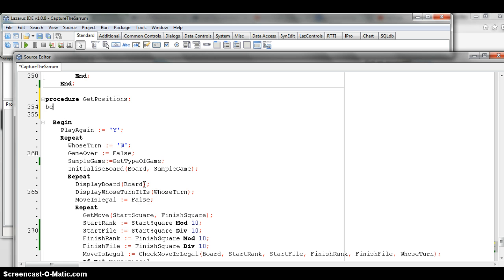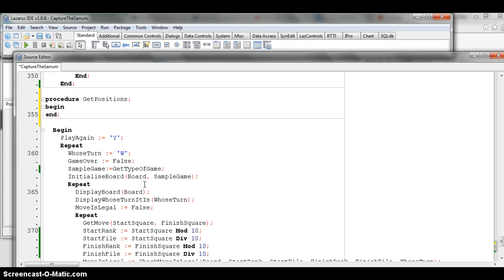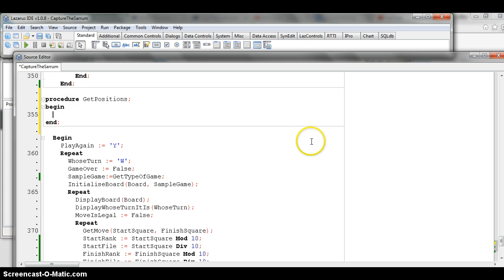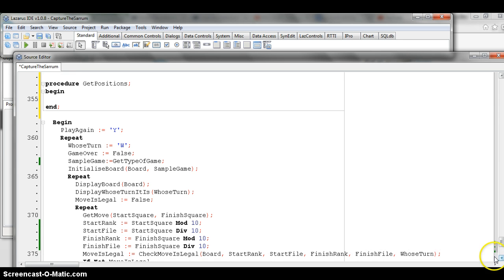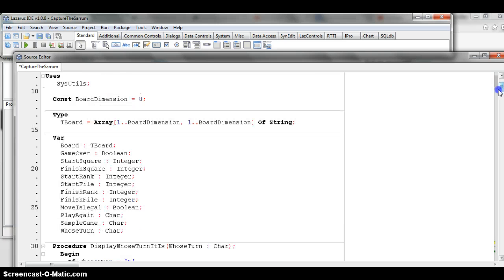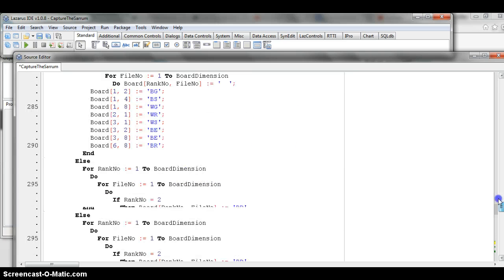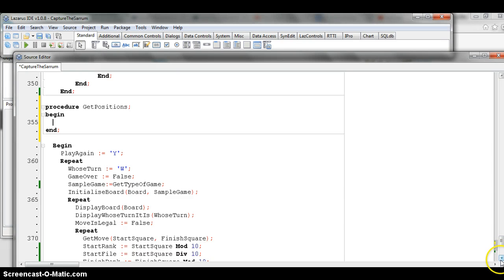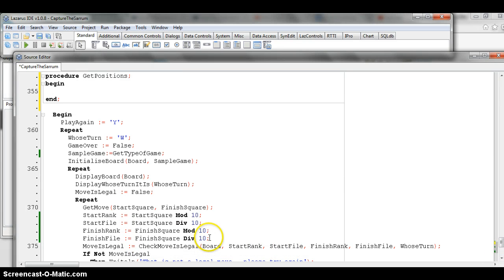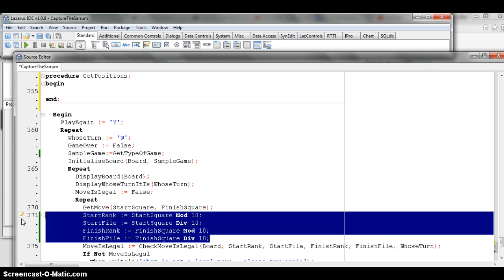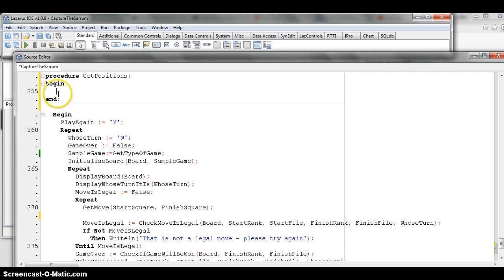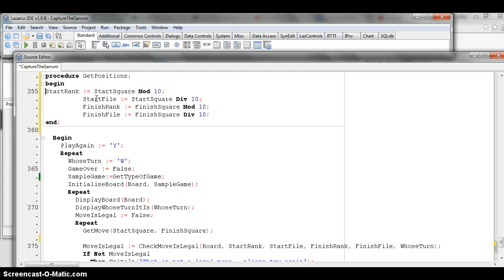And there's a couple of different ways to tackle this task. I'm going to show you the very simplest way, and then I'm going to show you the way that's probably the best programming practice. So the very simple way, because start square, finish square, start rank, start file, finish rank, finish file, if we scroll up, you can see that they're all currently global variables. And that means that we can actually get away without sending any as parameters in this instance. So we could just take those 4 lines of code there, do a simple cut and paste job over here into the new procedure, and then simply call GetPositions here where that bunch of code used to be